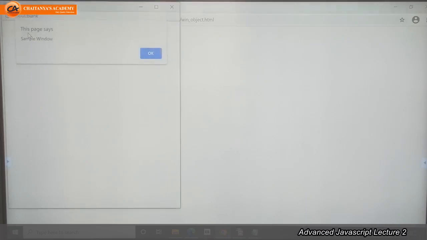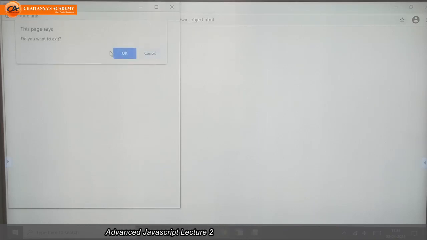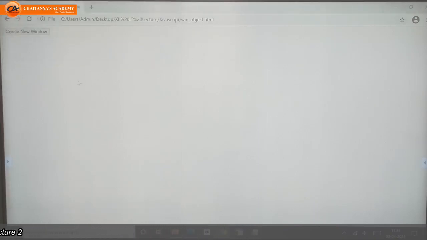Mouse click event for this button. On the click of this button, I am going to open one window with one message box, and one with one confirmation box. So this is one event. Whenever I click on this button, if I am displaying something, that is one event. Whenever I press a key of the keyboard and I want to display one message, that is one event.